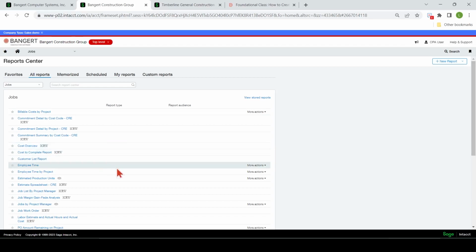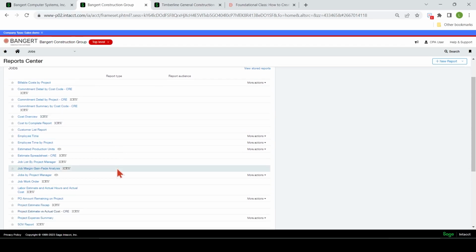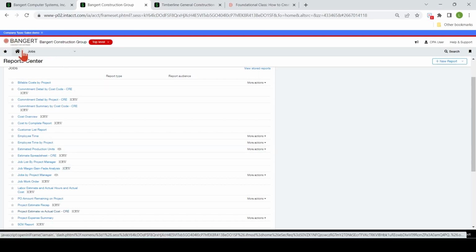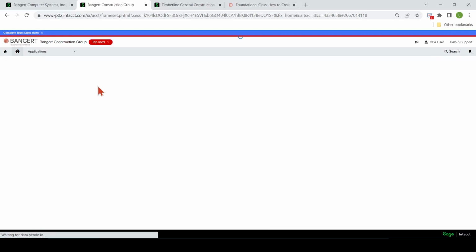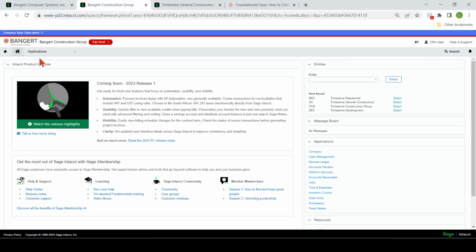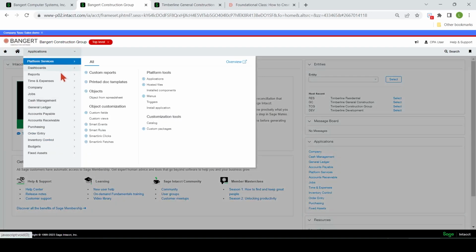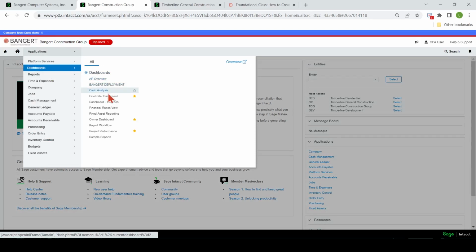One thing I did want to mention is if you are interested in getting your dashboard created to house some of your favorite reports or kind of customize that a little bit better. So for example, here's a project one.